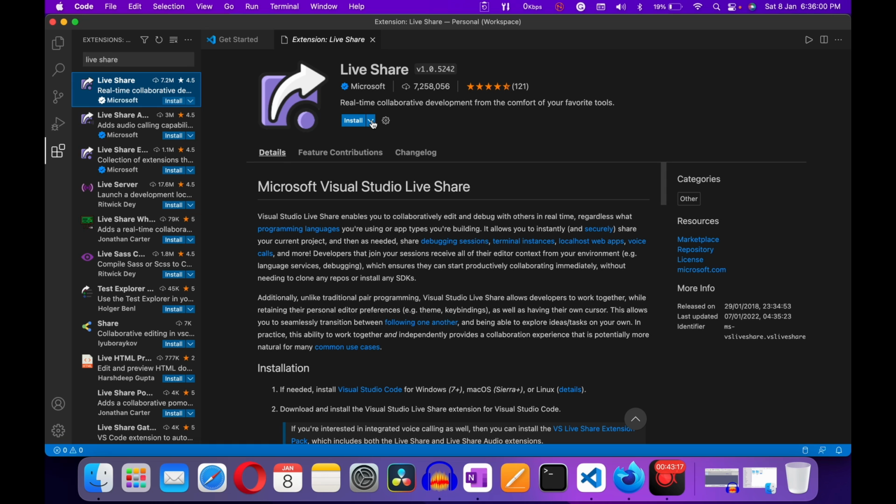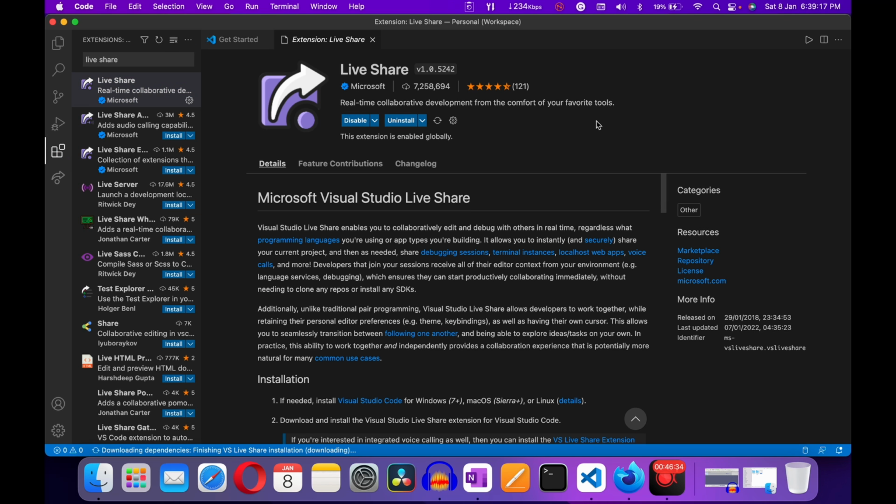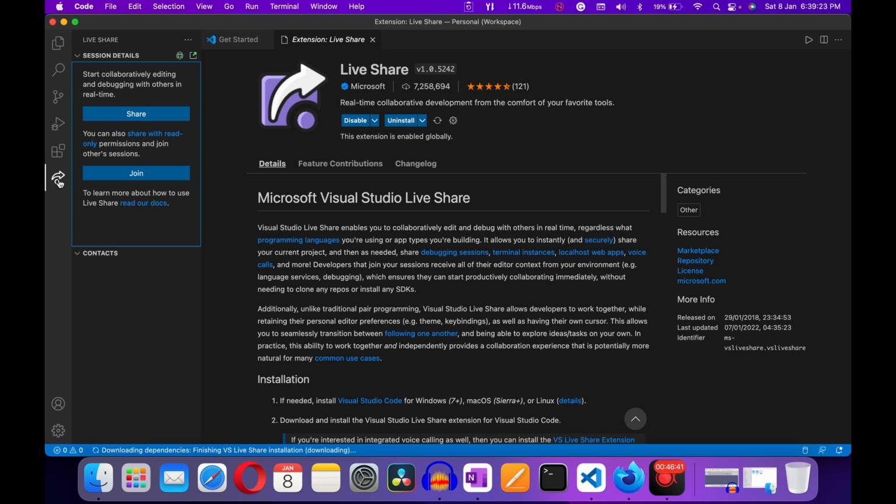So that's all about LiveShare with Visual Studio Code. It's a very cool feature and it's unique to Visual Studio Code especially. If you want to install this extension, just click on install, and it's installing now. After the installation of LiveShare is finished, you can see another option here, LiveShare. Click on it, and if you want to share any files or folder, you can click on share. And if you want to join any other shareable project, just click on join. So guys, that's all about LiveShare in Visual Studio Code.